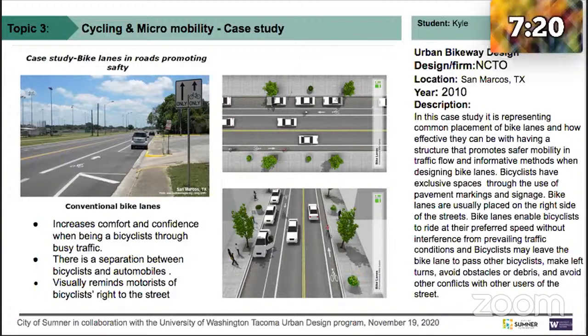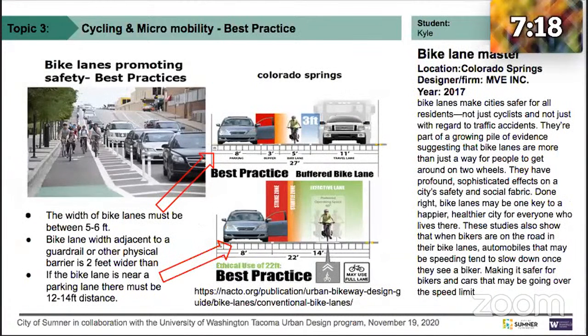And moving on to my best practice. This one was also done in Colorado Springs. It shows the width of the bike lanes must be 5 to 6 feet, as well as adjacent to guardrails and other physical barriers, and 2 feet wider than if the bike lane is near a parking lane. There also must be 12 to 14